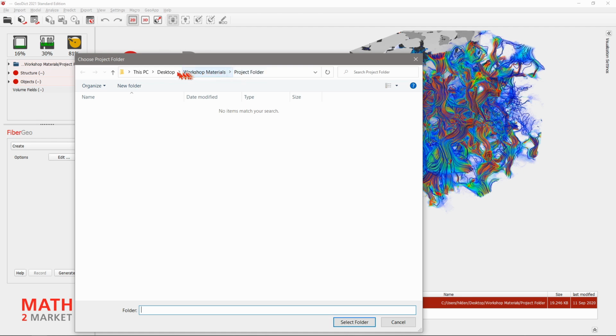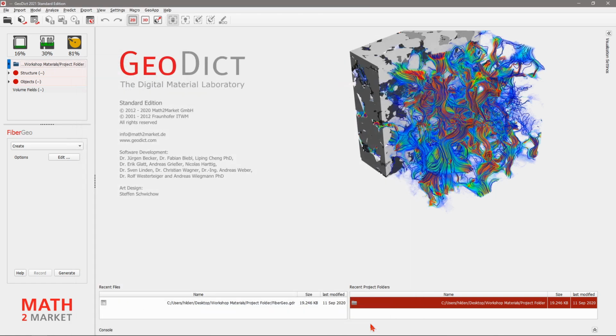I've saved it to the desktop, for example, and then to the project folder. And then click Select Folder. Now GeoDict will save all following results in this folder.